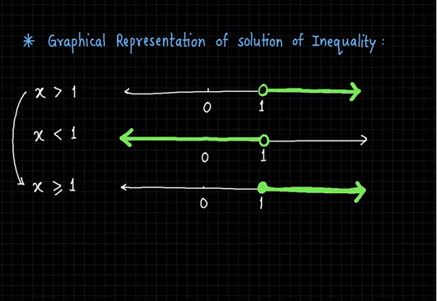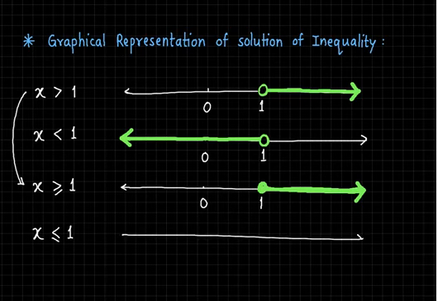And similarly, when we consider the other possibility, something like x is less than 1, so now you can easily make out what the graph would look like. We have to consider the entire region which lies to the left of 1, and the value 1 itself also has to be included, right? So based on this, we can show the solution set of any inequality graphically also on the number line.